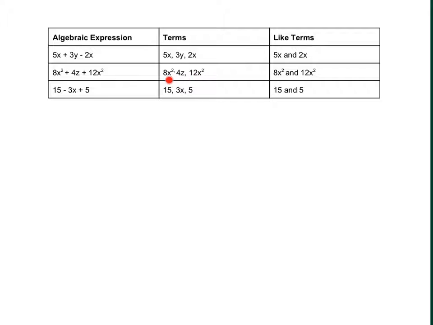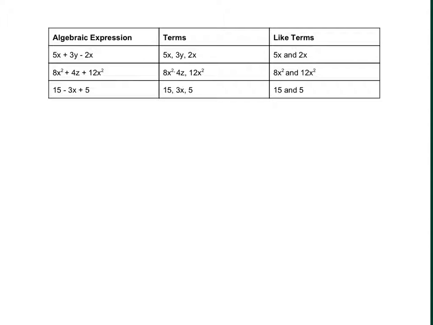Which ones are alike or similar? Hopefully you recognize that 8x squared and 12x squared are like terms. What is important to know is that if this would have been 4x, it would still not have been a like term because these are x squared. So you can only combine those squareds with other squareds,